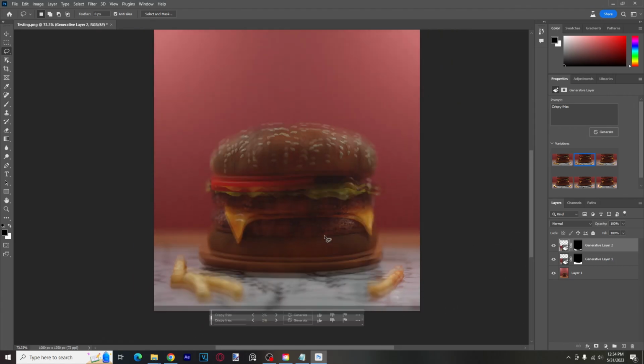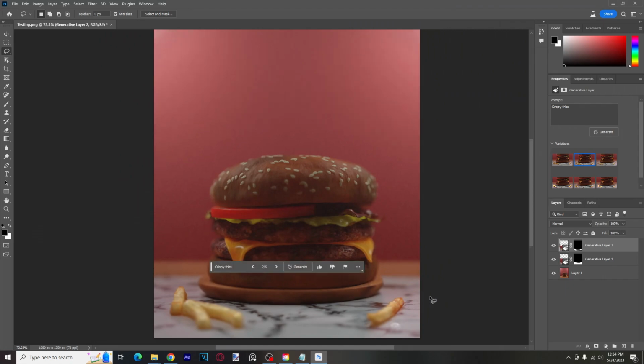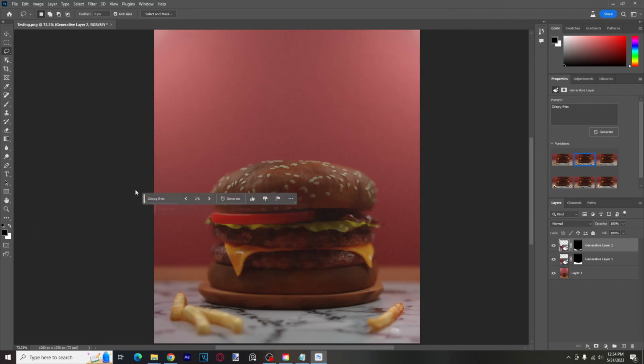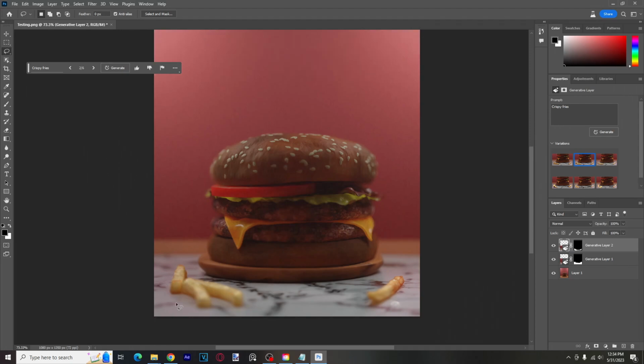So now, this is what we have with really just AI generation. There was no 3D modeling here. Getting a 3D model of food like this is unbelievably challenging. You would have to photo scan something like this, which takes a lot of time in and of itself. You'd have to go find the specific fry that you're looking for, photo scan those fries in the proper lighting conditions, bring in those models, clean up those models, position those models in the frame, then render it, and only then are you done. Here, all we had to do was highlight the floor where we wanted the fries, type crispy fries, hit enter,